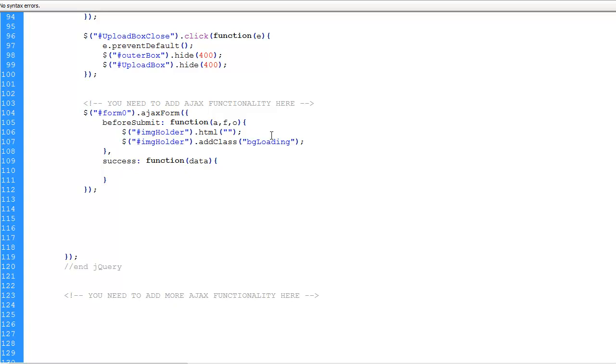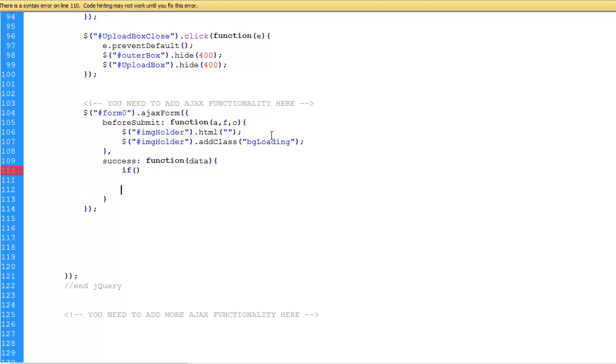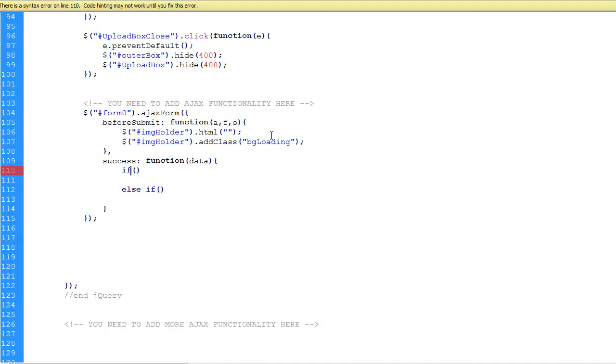In the success area, we're going to check for the type of data before we store it into the data element. So I'm going to have an if-else statement here, and I'll say if, and I'll just go ahead and come down here and say else if, and these are both going to be one-liners, so I'll kind of leave it open like this, and let's fill in what goes in the if statement here. I'll say if type of data is equal to an object